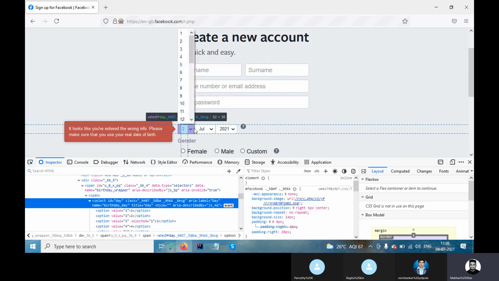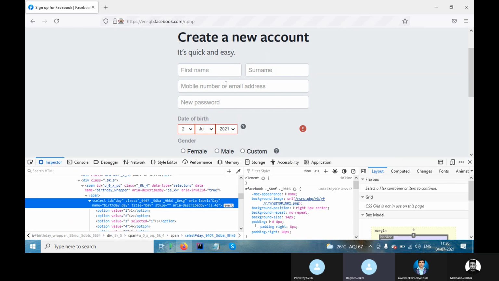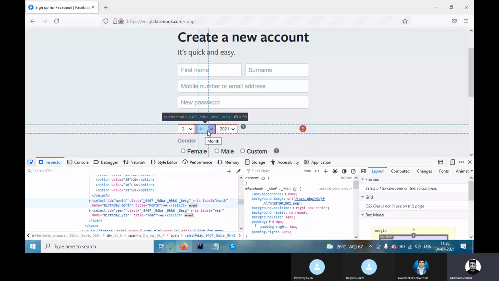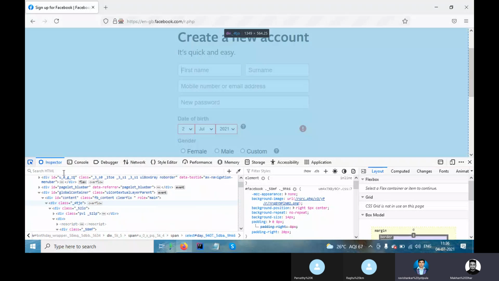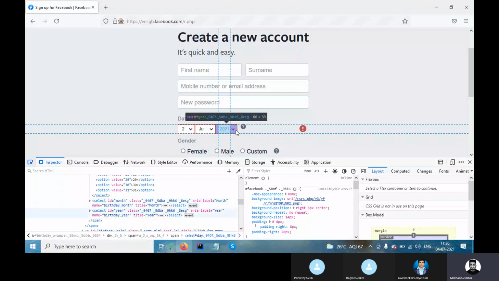Drop down means when I click on something, a list should come. But in some applications they give both, you can type manually or you can select, so you will get an element for both. For drop down, you will get an element, and for typing text, you will also get an element. So there may be a drop down, and by using select class you can interact. This is the way to interact, especially for the drop down.